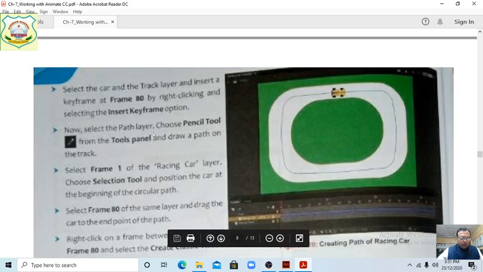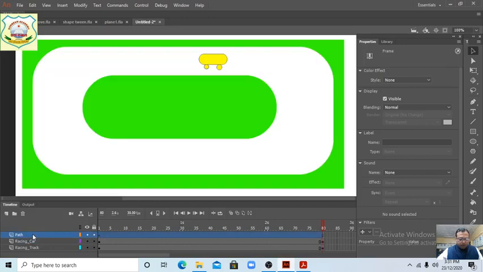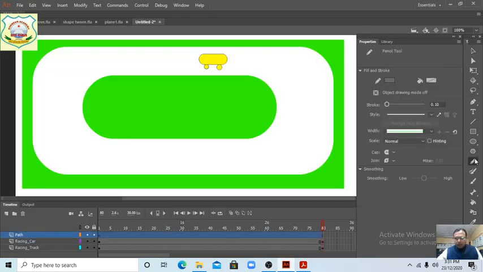Now select the path layer, choose the pencil tool from the tools panel and draw a path on the track. So select the path layer. Now pencil tool, with the Shift option by this way. It's complete.